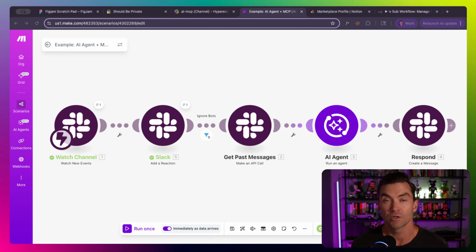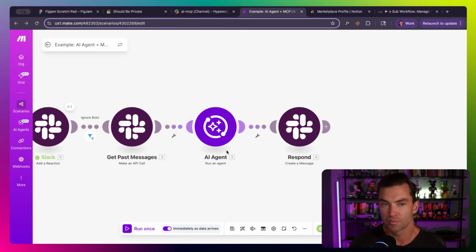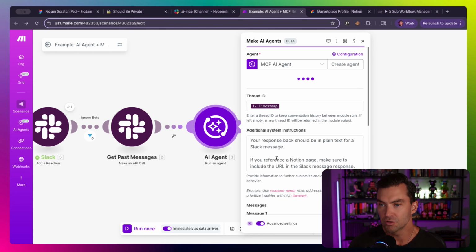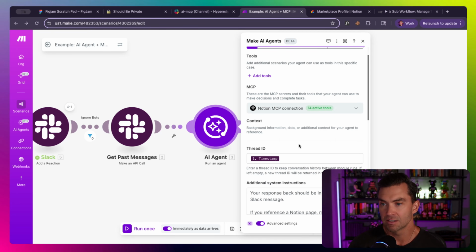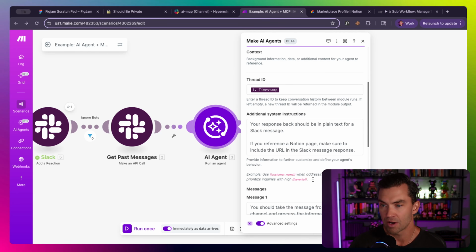So the idea is we want to limit our blast radius. That way, if the AI agent is compromised or misdirected, it doesn't ultimately have access to something that should be private. So we have a few options, and I'll run through a couple, and there's a couple I'll talk about that are a little more advanced. So one of the most basic ones that you can do, and it still has some security risks around it,